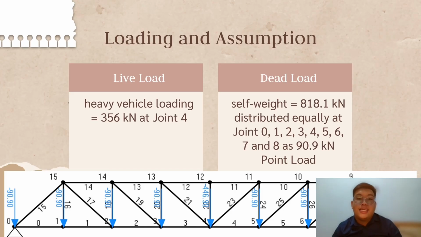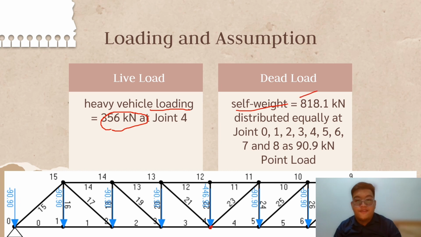Now, here is the loading and assumption for our group project for this truss bridge. We assume it has two loads, which are live load and dead load. For the live load, we assume only one heavy vertical loading with a value of 356 kN at joint 4, which is at the center and the bottom part of this whole truss bridge, and a dead load, which is